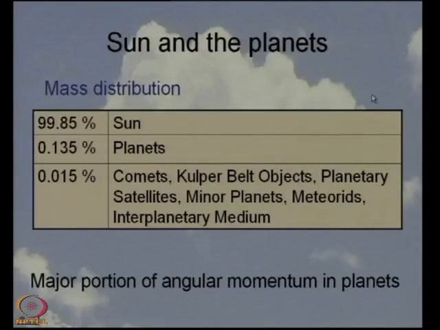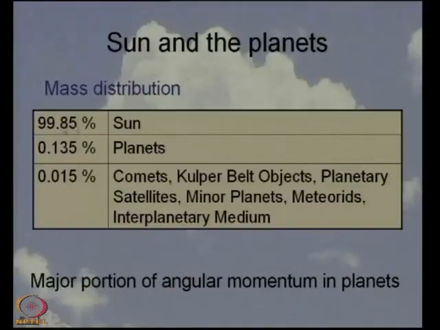Now let us look at the sun relative to the other planets. Okay. So the mass, let us first look at the mass distribution in the solar system. Where does the mass of the solar system lie? Now let us look at this table. You see that more than 99% of the mass lies with the sun, which is at the center of the solar system. The planets have a little more than 1% of the mass,